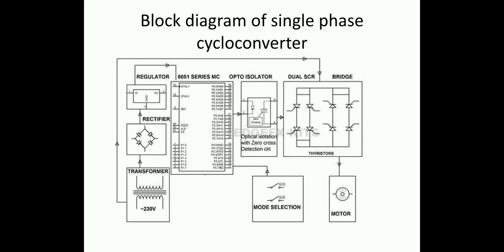An opto isolator is basically an IC in which an LED, light emitting diode, and a DIAC, AC diode, are present. When a gate pulse is provided from the microcontroller, the LED illuminates or blinks. So the DIAC, which is a light sensitive device, will generate some voltage across its terminals, which is in the same magnitude as the gate voltage. So by blinking of the LED, the same gate voltage is appearing across the DIAC, and this DIAC voltage will be given to the SCR.